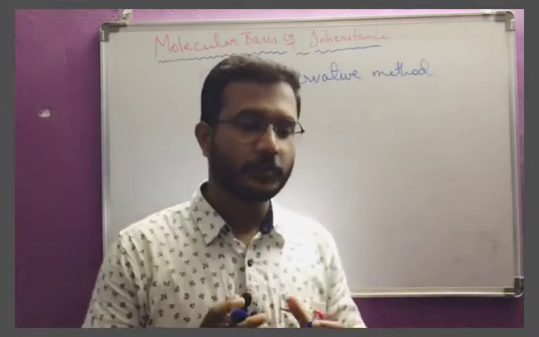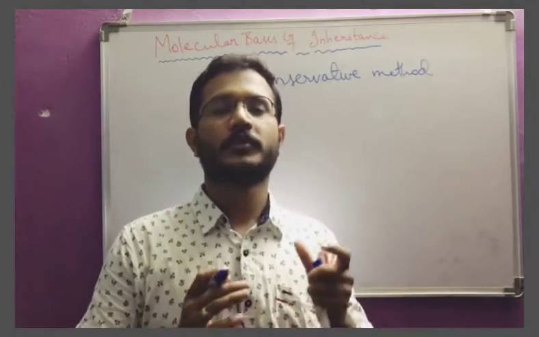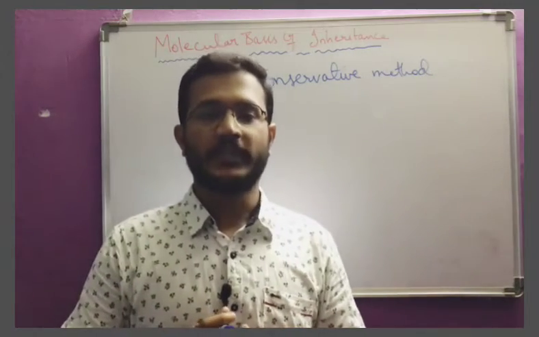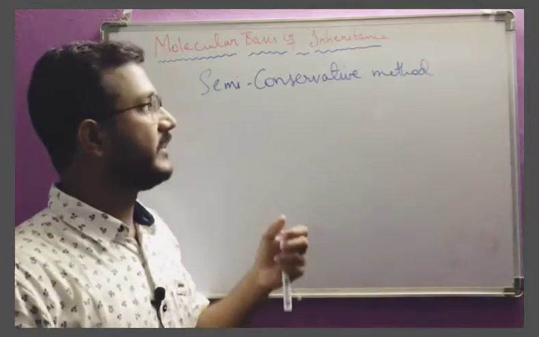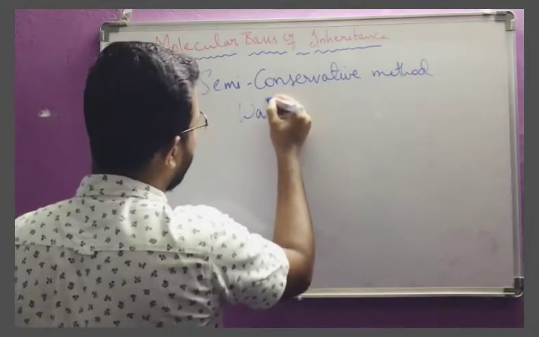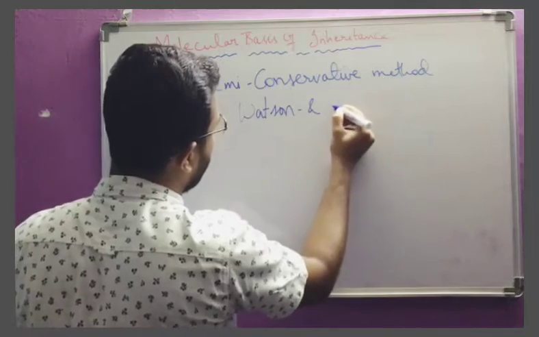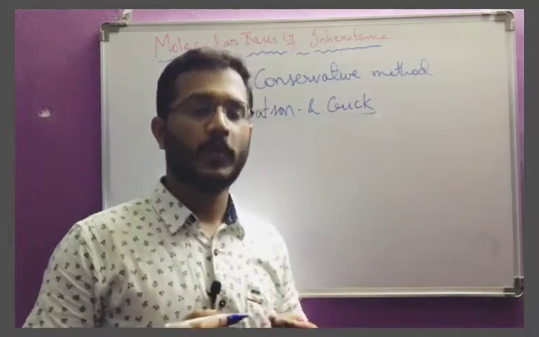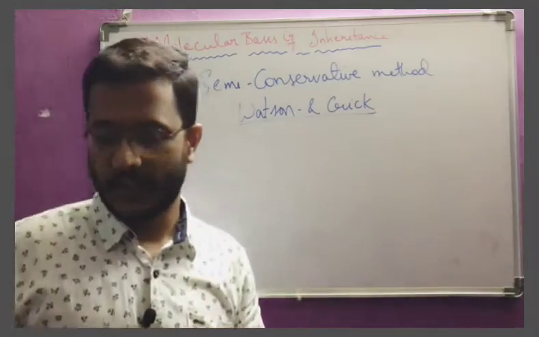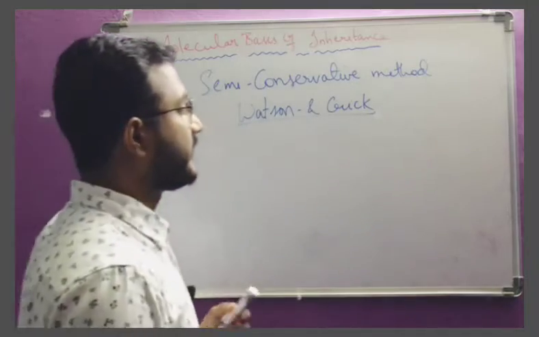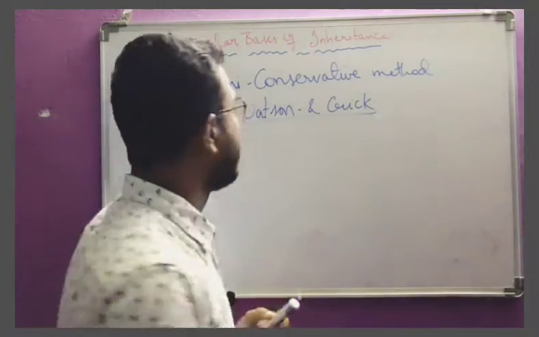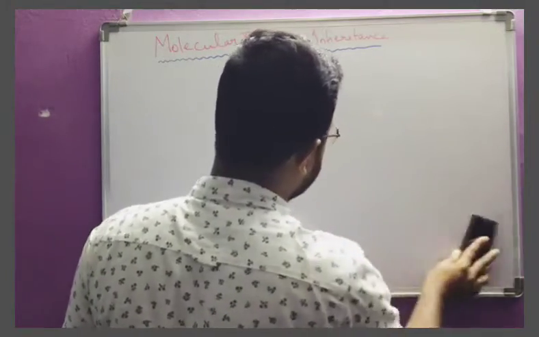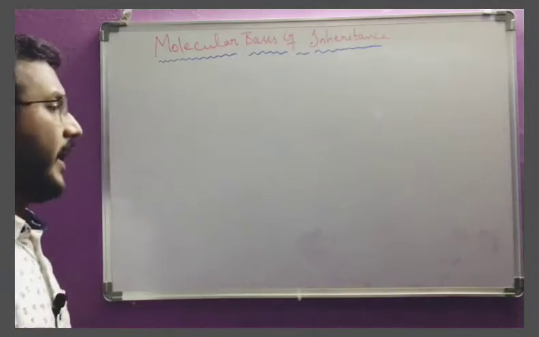That means in a double helix model, 50% of the DNA belongs to the parental generation and the other 50% belongs to the new offspring generation. This is the model given by Watson and Crick. It is the most accepted model across the world, describing the replication process and the structural aspects of DNA, which acts as the genetic material in 99% of living organisms. And as we discussed